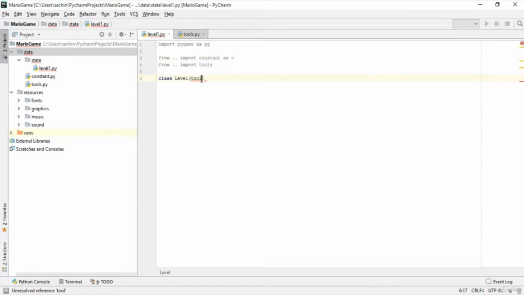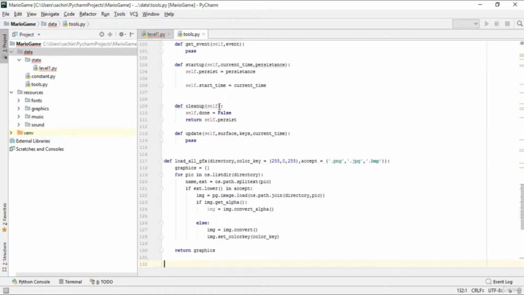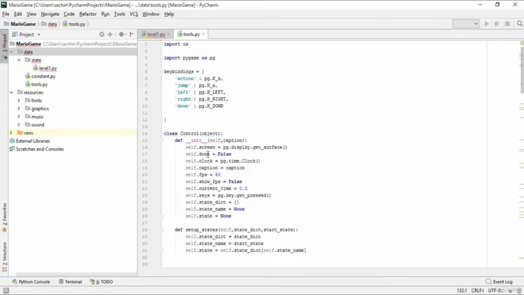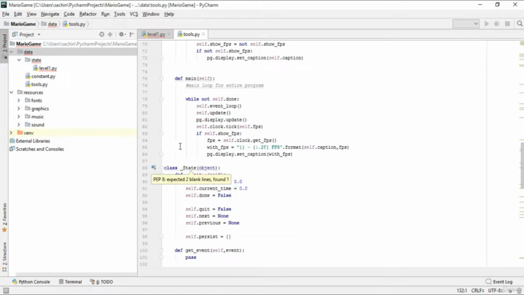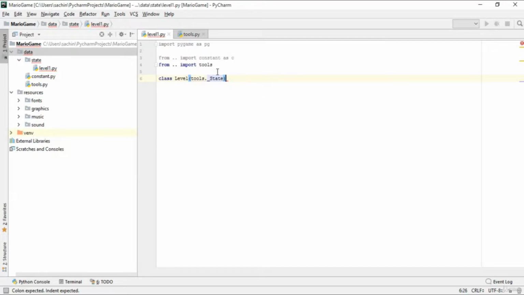Now I'll say here tools dot, and you have State. Inside this tools.py you can see we have this class, which is a State class. So the next thing you can do is just come back to this level1.py and start with